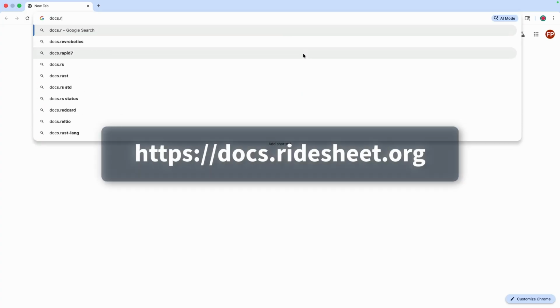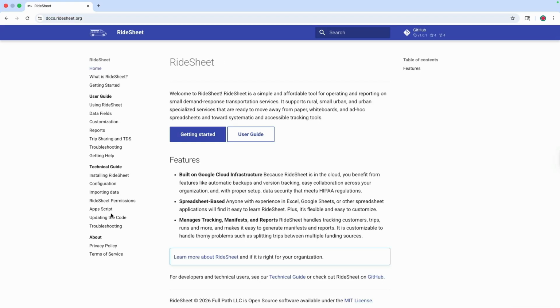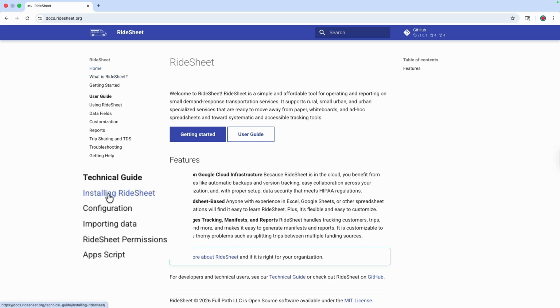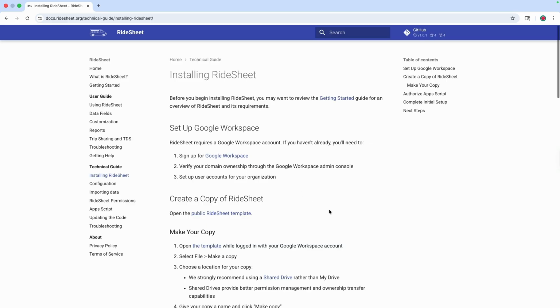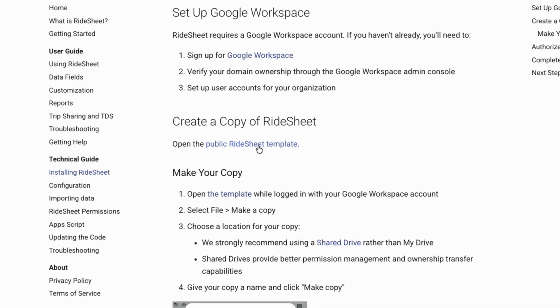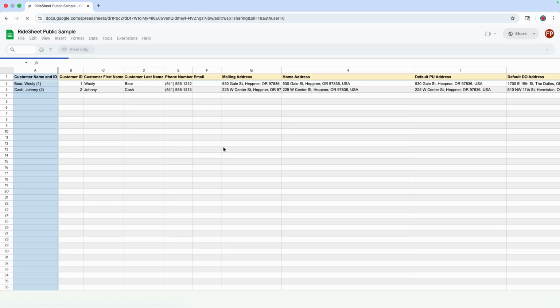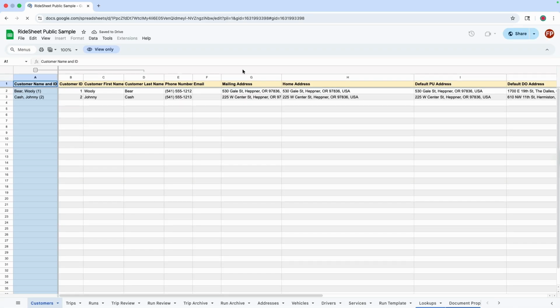So the first thing we're going to do is browse to docs.ridesheet.org. This is where you can find documentation about RideSheet. And here on the left side, I'm going to go to the Installing RideSheet page, and I'm going to browse to creating a copy of RideSheet. And this is the link that will take me right into the public sample of RideSheet. Now, this is a view-only copy of RideSheet, so what I'm going to do is make my own copy in